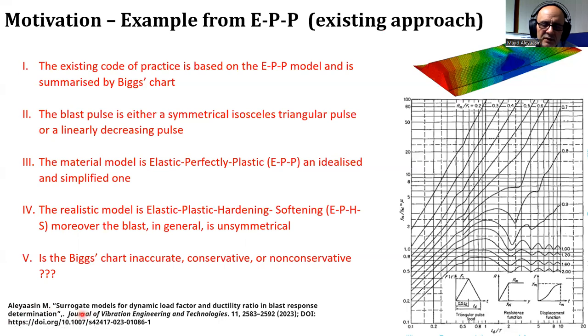This is called surrogate. It is important these days because we replace either high fidelity model or low order model by some surrogate model such that we use it in digital twins. This is the motivation basically. But my title of presentation here is not surrogate, but it is the elastic plastic hardening. How will this chart change, or surrogate change, if we use another model, which is more realistic, in the shadow of non-smooth analysis.